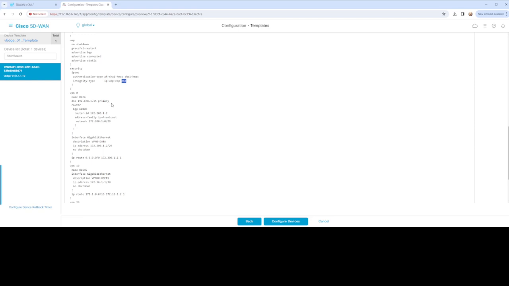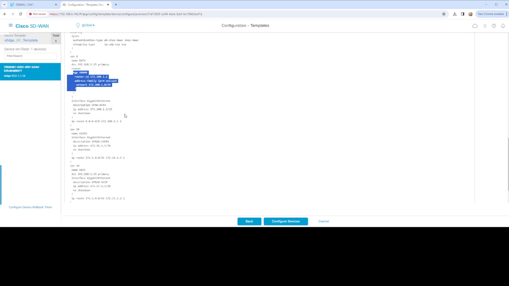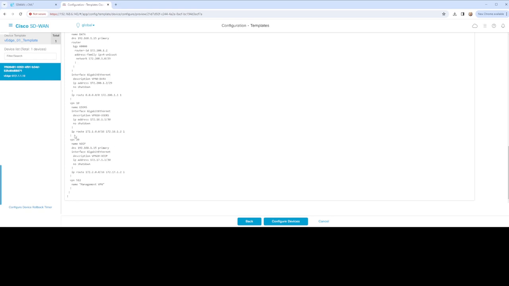ESP would be, and then you have your DNS, right? You have your BGP configuration. What I'm not seeing is your peer. I might have to go back and fix that. Interface gig, I don't have my interface. I didn't select that. I think I may have to go back to my, then I have my routes, but I'm